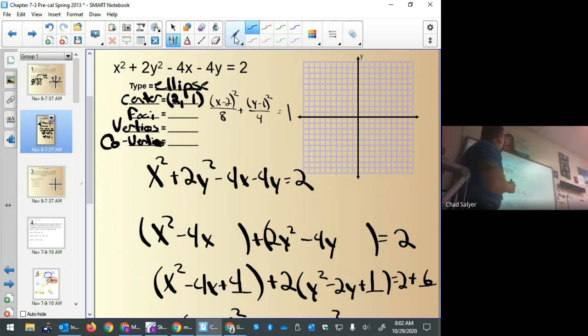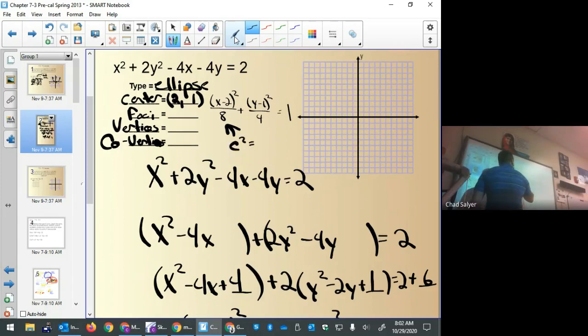And Rachel, can you look at this and tell me if this is elongated along the X or the Y? In other words, is it vertical or horizontal in its major axis? Very good. So this is the larger of the 2 denominators, meaning it is elongated along the X. Just a lot of little things to remember. Nothing's hard about conics, but it's about 100 little things like that you have to remember to make a good grade on this test. So we know it's elongated along the X, meaning the foci, we need our C value